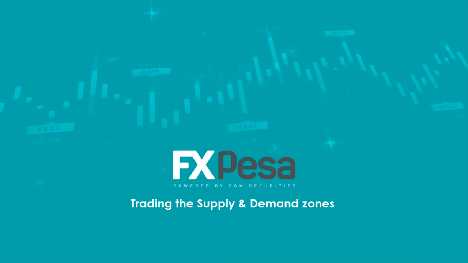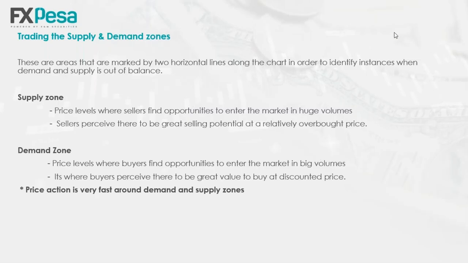They are characterized by formation of very long candlesticks within a very short range of time. And this is an indication that institutional traders were looking to fill their orders along that price level. So when you talk about supply and demand, these are areas that are marked by two horizontal lines. So as a trader, you'd mark these lines,